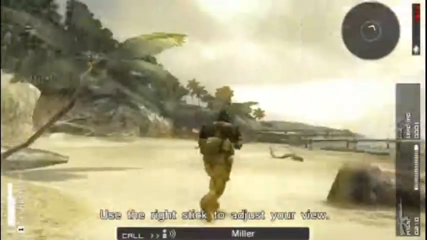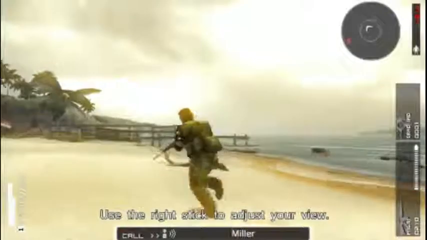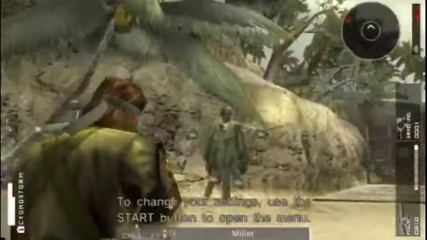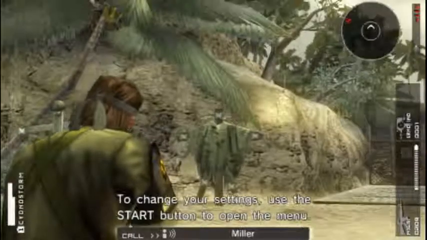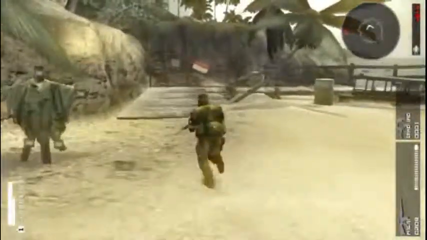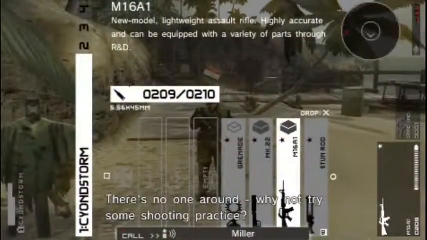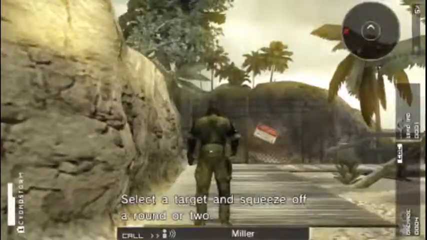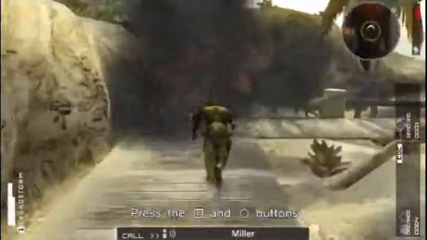Use the left stick to move. Use the right stick to adjust your view. To change your settings, use the Start button to open the menu. There's no one around. Why not try some shooting practice? Select a target and squeeze off a round or two. Press the directional buttons while holding the R...